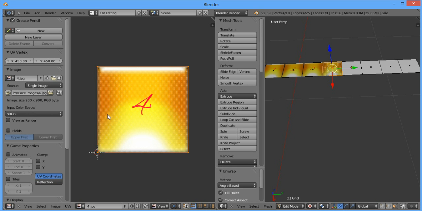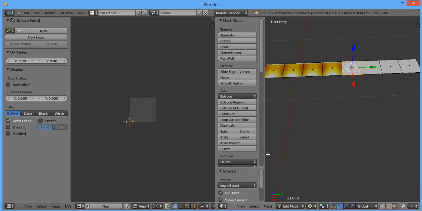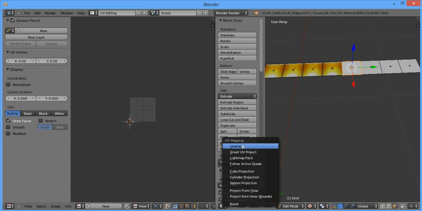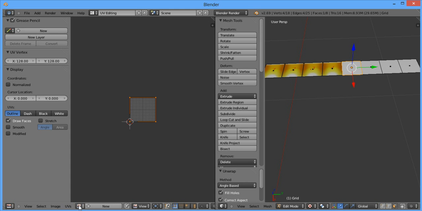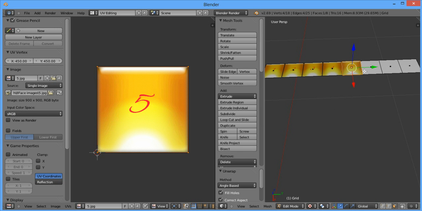See, we got lucky on this one. It's straight up and down. I don't know why it changes them like that, but it does for some reason. So we don't have to worry about rotating that one, which is probably going to be the only one that happens on, but you never know. 5. Oh, that one went right too. I don't know if it's just remembering, but